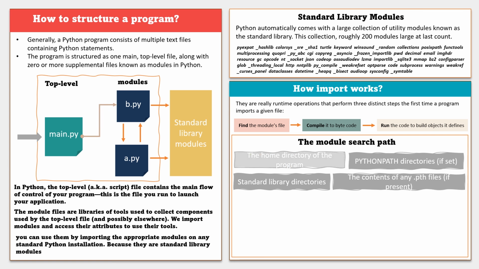Then we have the Python path directory. Next, Python searches all directories listed in your Python path environment variable setting from left to right, assuming you have set it already. You don't need to worry. I will show you how to set a Python path